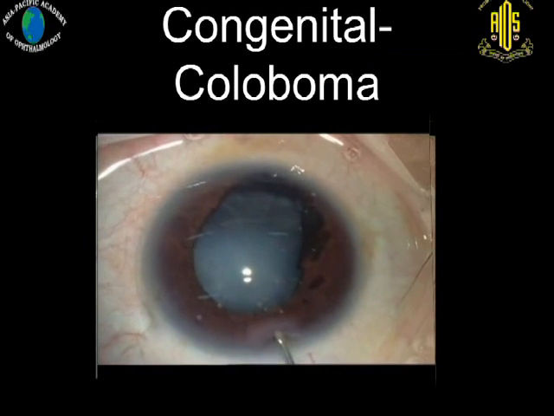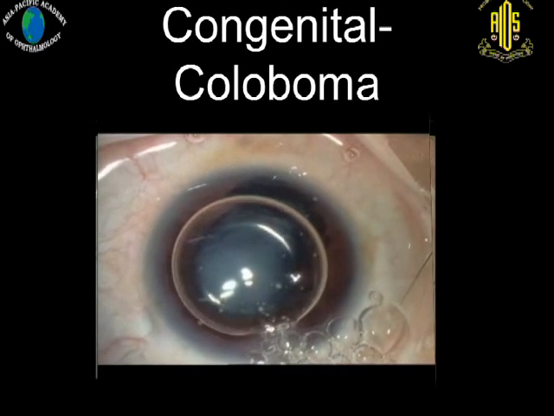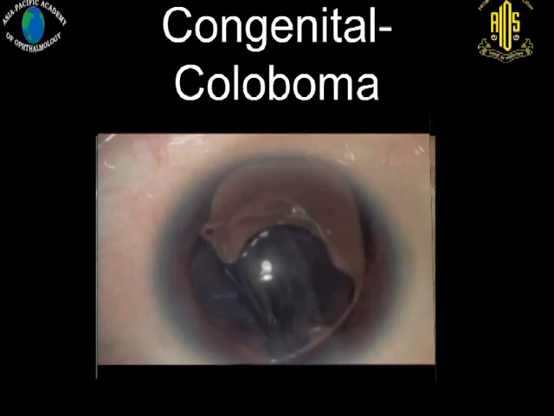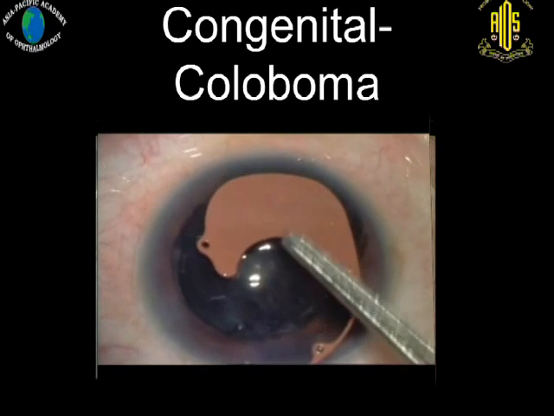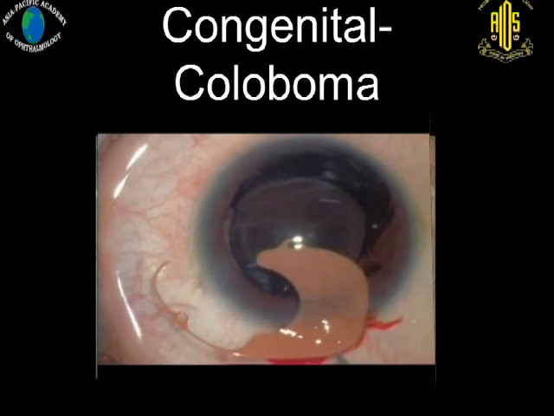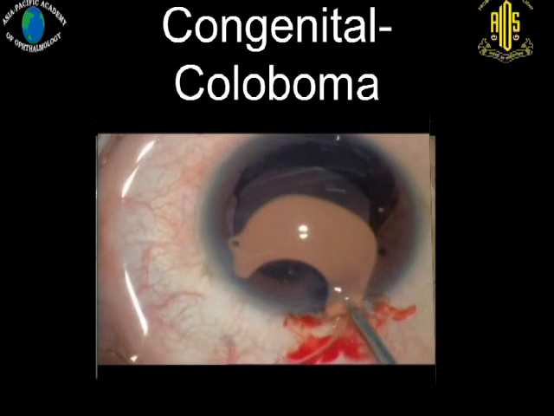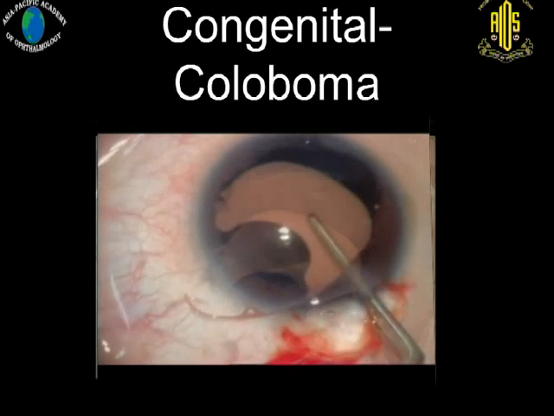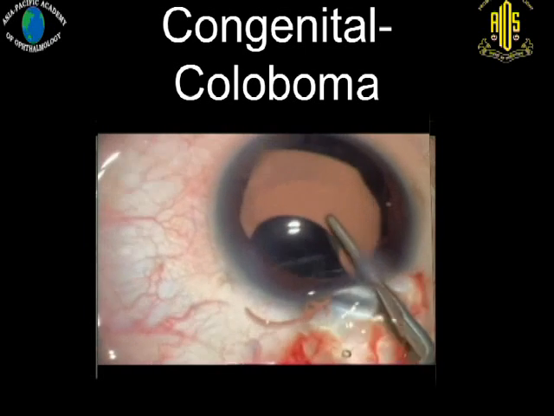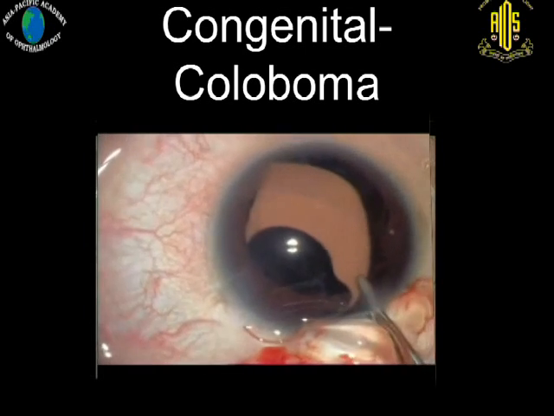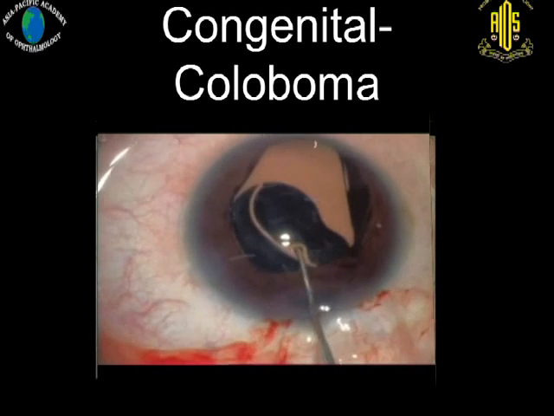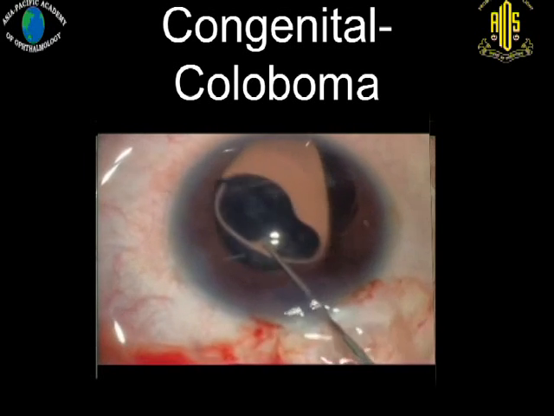So this is a case of iris coloboma along with the developmental cataract. The idea is to implant a lens in the capsular bag, and then the defect can be covered by the use of a partial iris implant. This implant is made by Ophtec, and when the lens is implanted, the iris implant itself is also inserted in the capsular bag after making an extra space with the use of a high viscosity viscoelastic. Subsequently, the implant itself is dialed in the bag and the eye is closed.